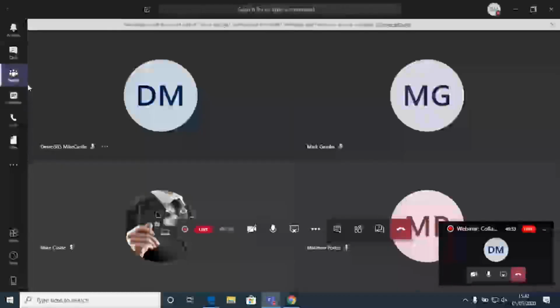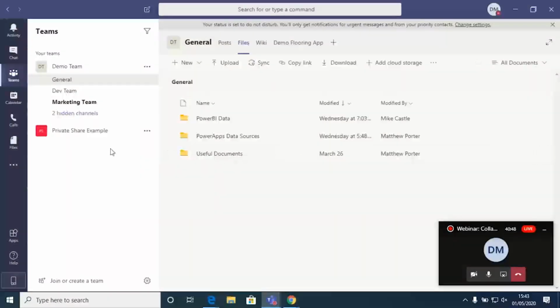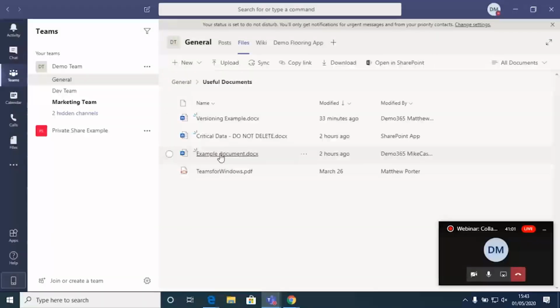And with that, I'm just going to take you through those slightly more advanced features that Mike touched on regarding file sharing and file access within SharePoint, all built into Microsoft Teams. So if I pull up the general team, this team Mike's been showing you a few things in, and I pull up files, what we can see is we can organize data in traditional structures, the way everybody's been using for years. Make folders, drop documents into them, and sort things out.